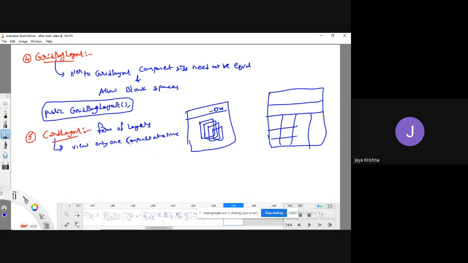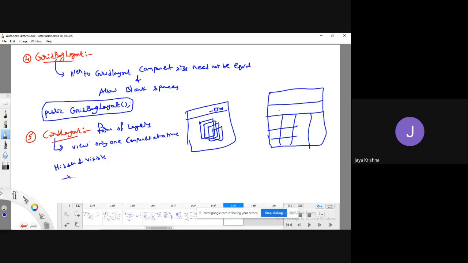That is why it is called a card layout. Depending upon some operation, one component needs to be hidden and another component needs to be visible. In that situation, you can go for card layout.